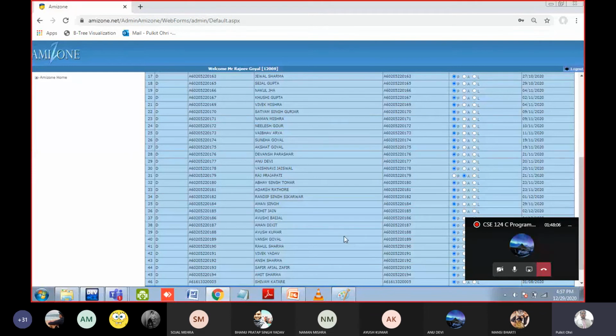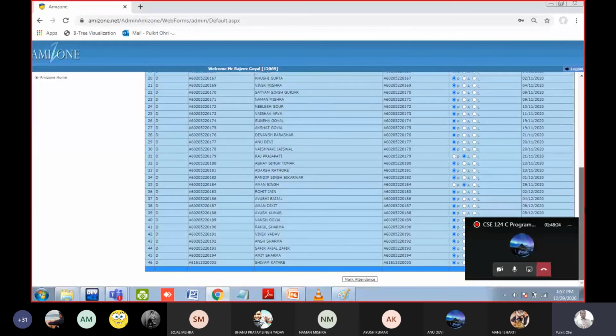Abhay. Present, sir. Adarsh. Present, sir. Randeep. Present, sir. Aman Singh, is he there? No. Rohit Jain. Sir, he is attendee. Ayushi. Present, sir. Okay. Aman Dikshit. Present, sir. Ayush Kumar. Yes, sir, present. Vansh. Present, sir.